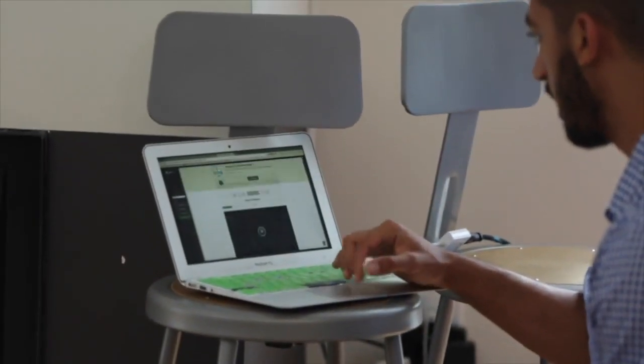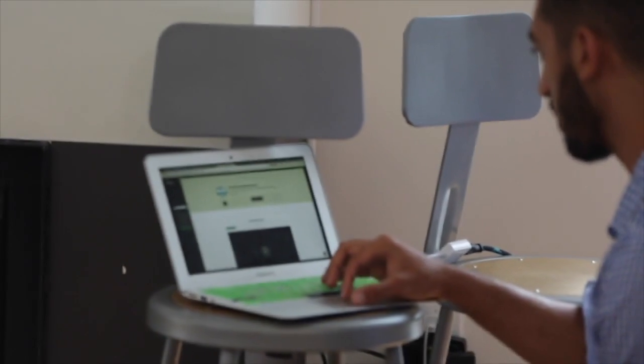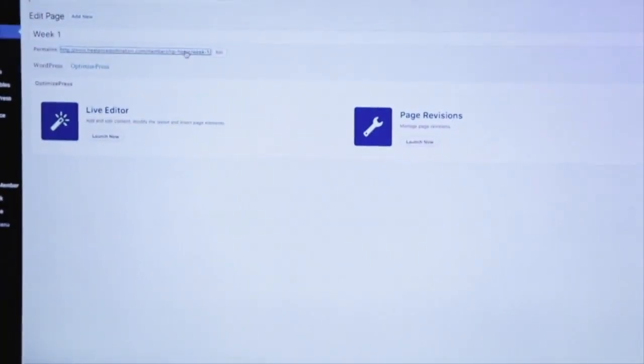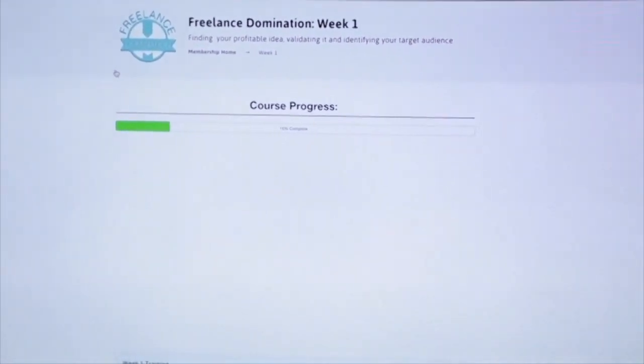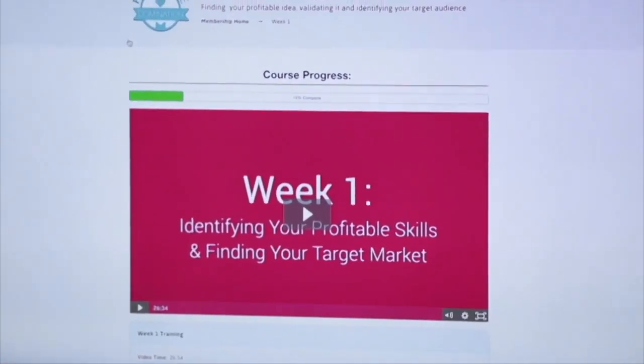A few of the things worth noting here in terms of what's actually on the page: a few cool little elements that we added that added some nice little flair to it. Let me go back to this here. So we did a couple of cool little things on each page, and some of them are just because I like the way they look, some of them are psychological.